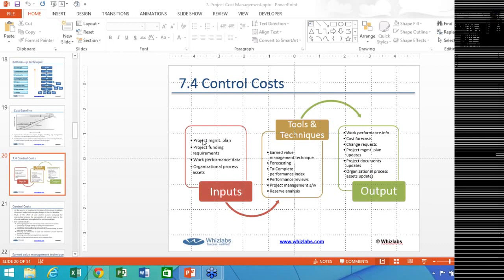And at times it happens that we plan to complete an activity by 15th of August, but actually we were able to complete that activity by 15th of September. So there is clearly a